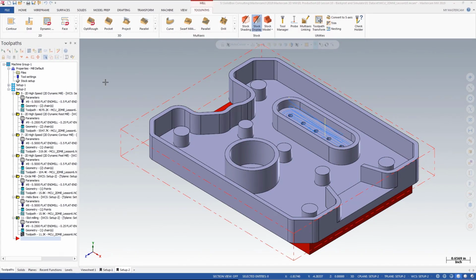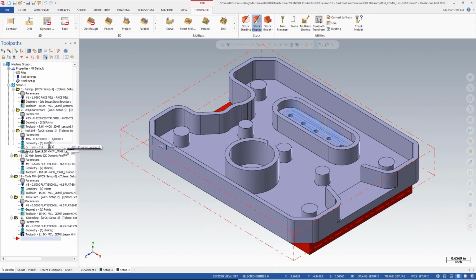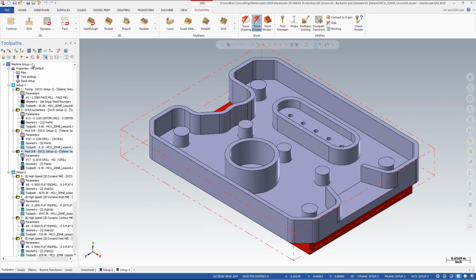Let's carry on with the file from our previous example. In the last lesson, we took a look at creating a back plot so we could see the Mastercam user interface. We want to expand on that a little bit by learning how we can verify our operations while simulating material removal. The first thing that I'd like to do is expand Setup 1, select Operation 4, and then move